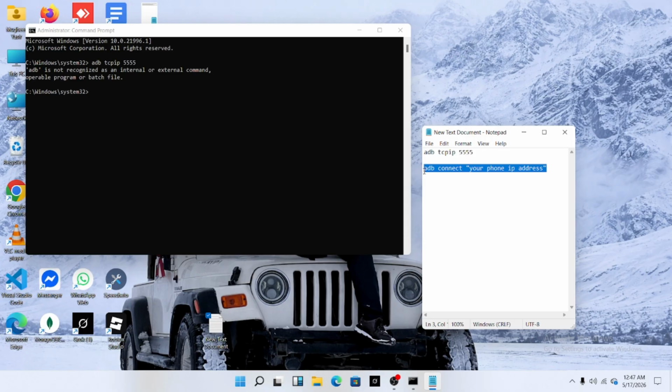Now the second command is ADB connect your phone IP address. Before entering it, replace your phone IP address with your phone's actual IP address. For example, in my case, the IP address is 192.168.1.27. So the full command becomes ADB connect